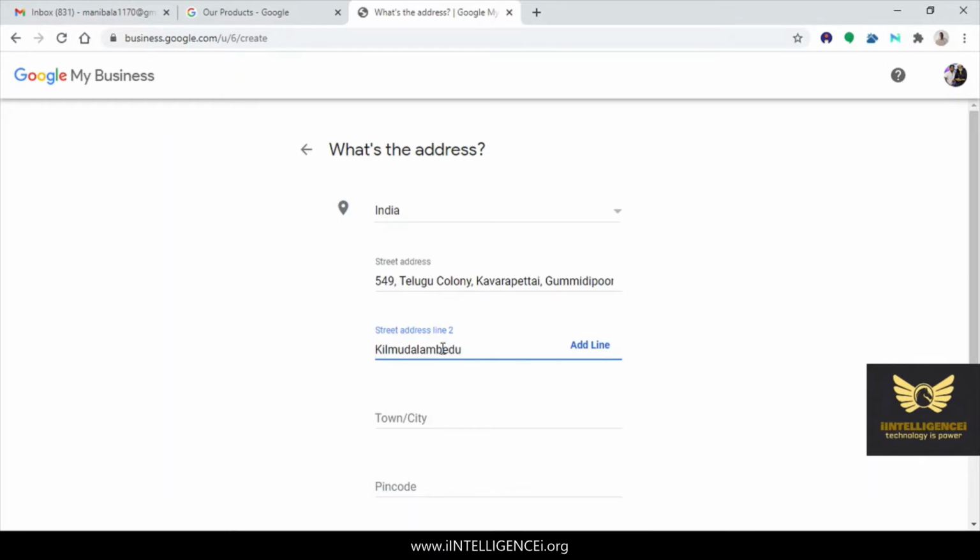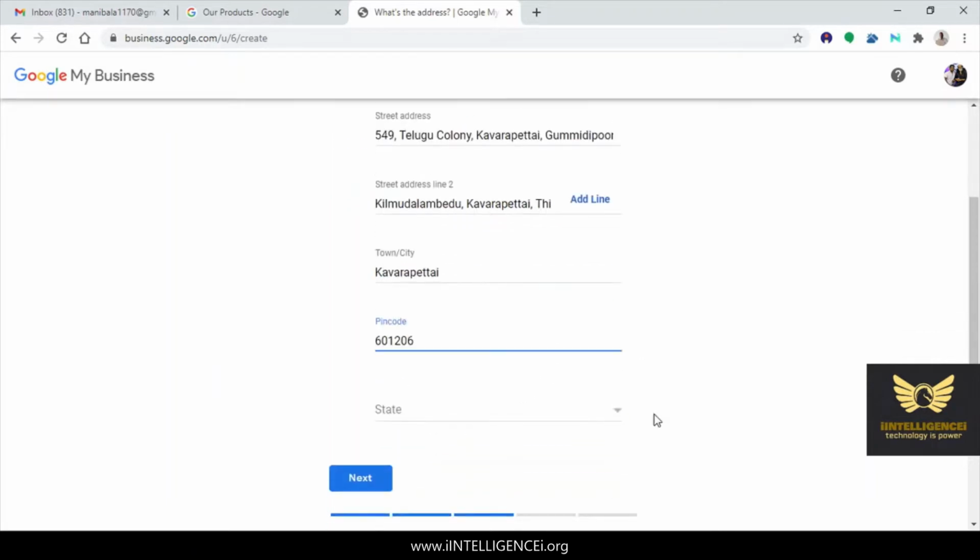Kavaraipettai. Town. Pin code 601206. State.